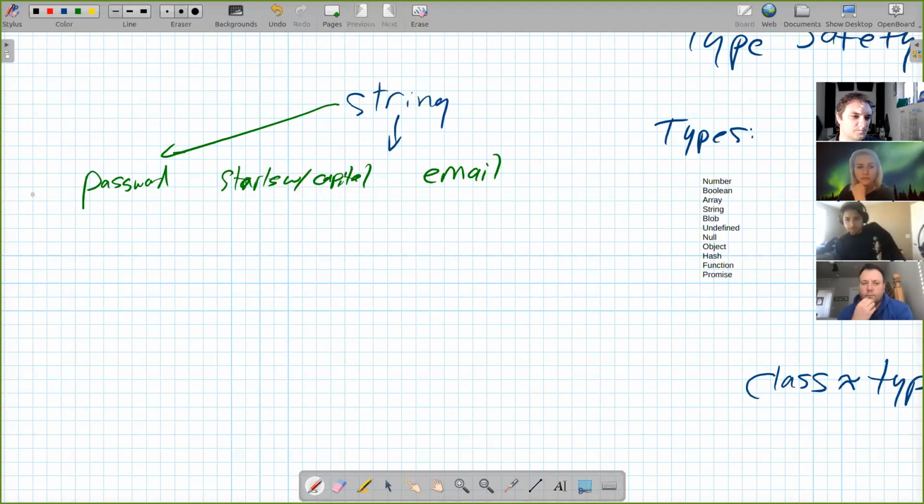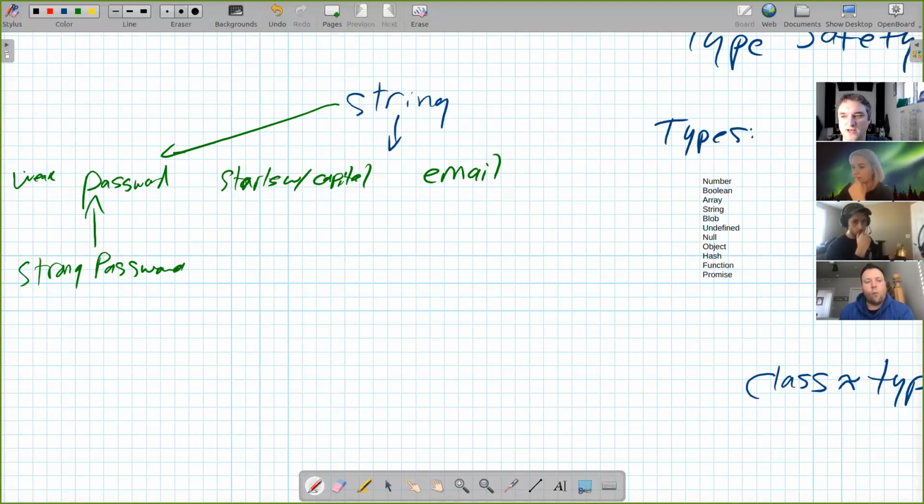Like, what if you had a weak password, and then you also had a subtype of that that was a strong password. So maybe this one doesn't have any requirements on it, and this one has lots of requirements on it. But the strong password will also fulfill the weak password. And both of them are ultimately strings.